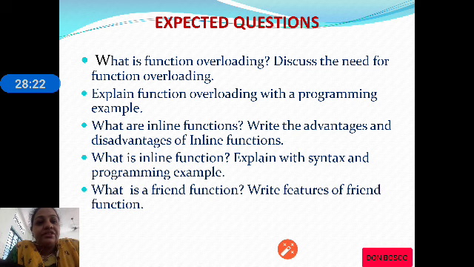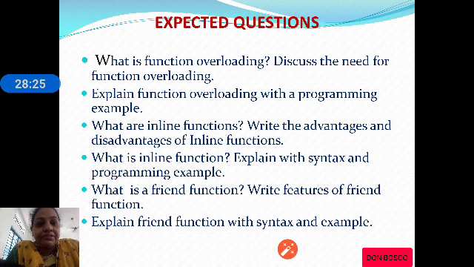Write the features of a friend function. The last expected question from this chapter is, explain friend function with syntax and example. As you will be getting one 5-mark question, definitely there will be one question either on function overloading or inline function or friend function.